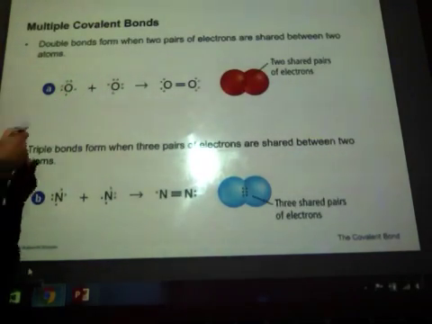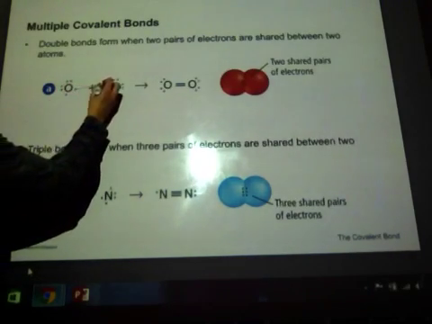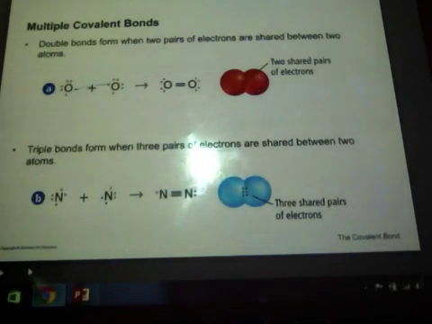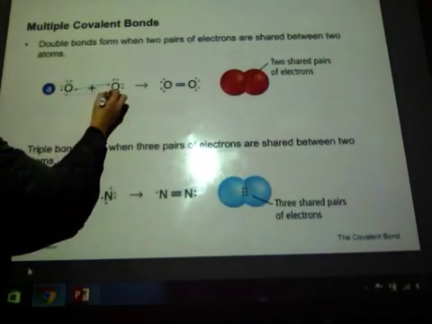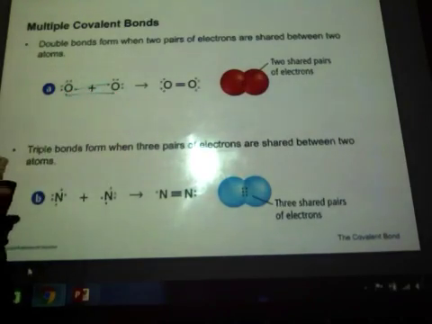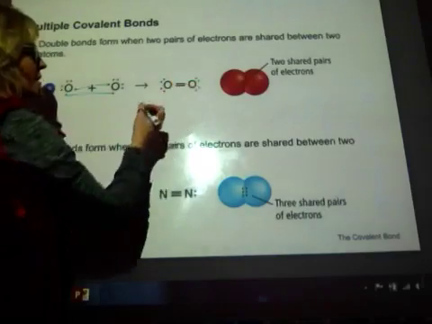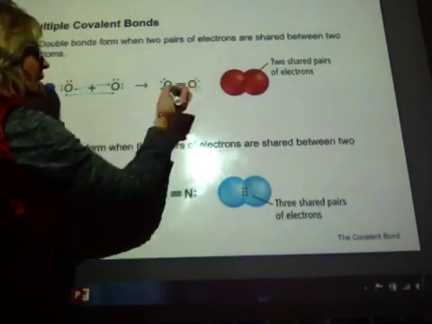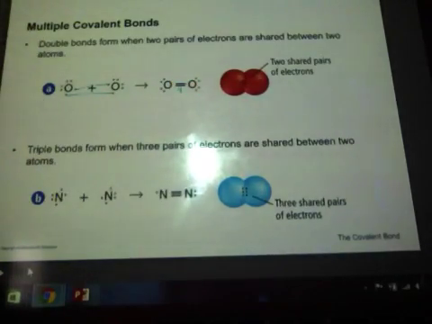So these 2 electrons are going to be shared, and these 2 electrons are going to be shared, which gives me a double bond, which means they actually share 4